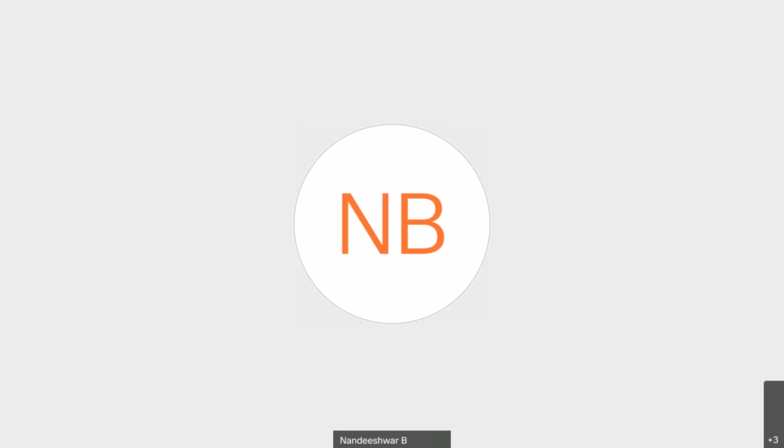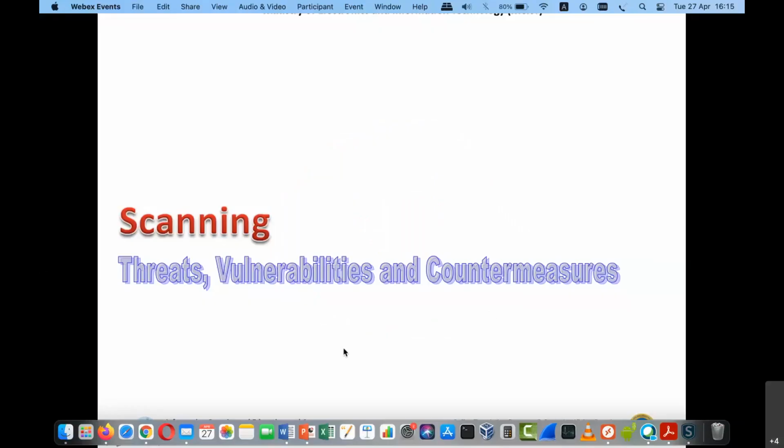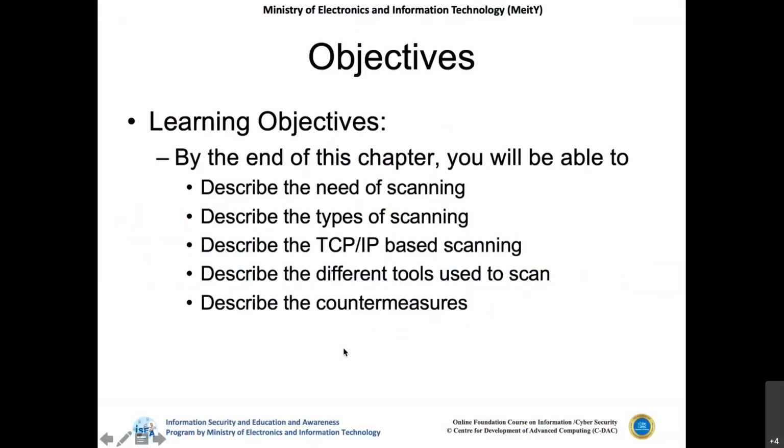Yeah, I'm trying to share my screen. I hope you can see the presentation. So what happens in scanning techniques is our main objective of this scanning